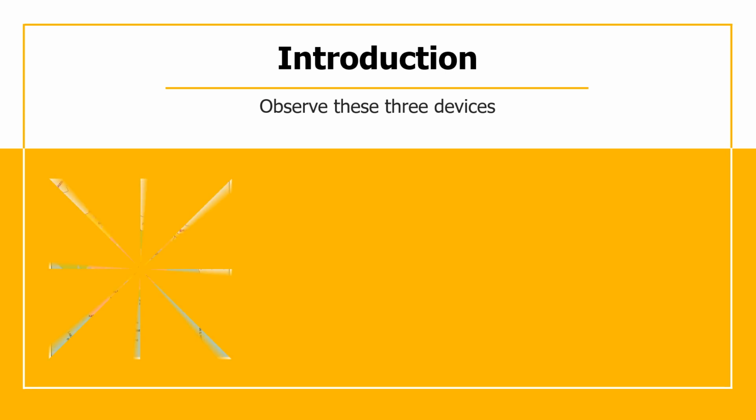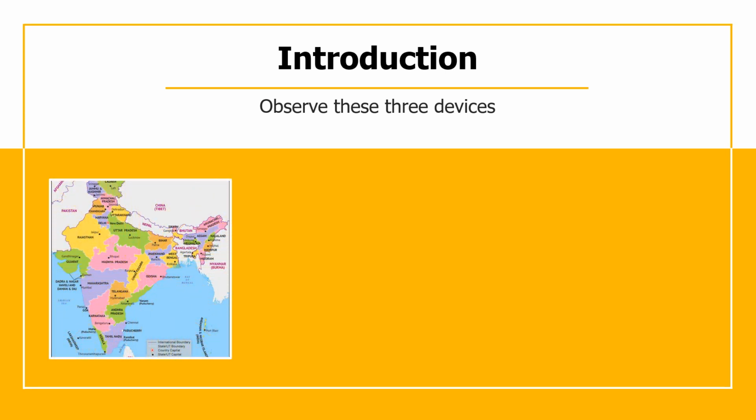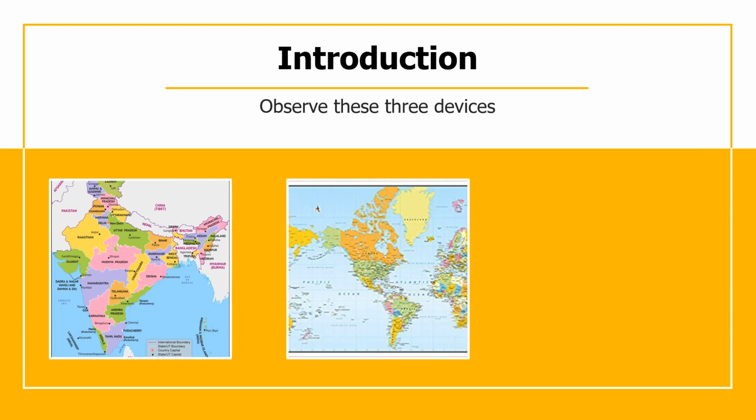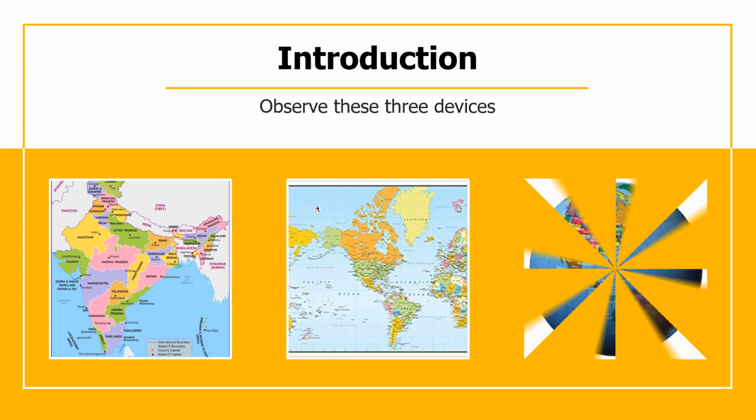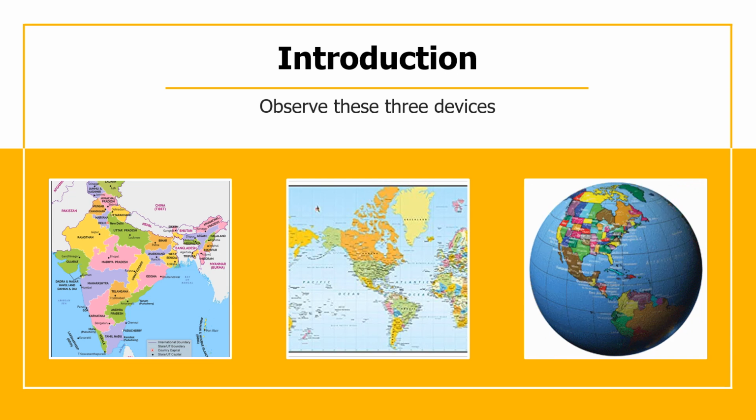Observe these 3 devices which are being provided to you here. The first one is a map of India, the second one is a world map, the third one is a globe. Now, can you say what is the difference that you find in these 3 devices provided here? Like, the first two are maps and the next is a globe. So what is the difference that you find here? Anyone? You can find one is spherical in shape, others are having a square or rectangular shape as per your level. But there are some more differences that you need to learn.